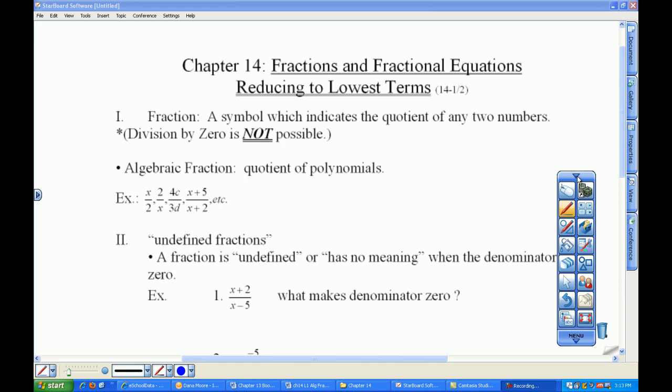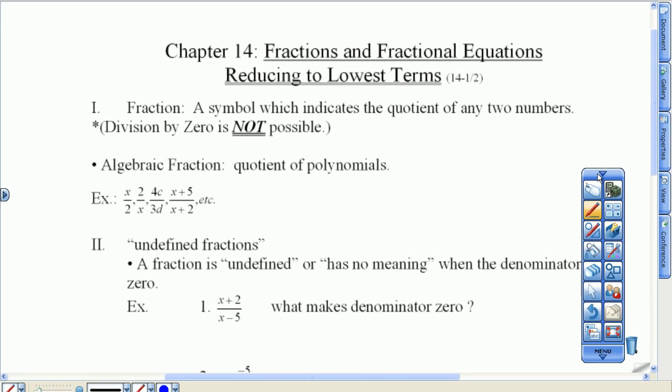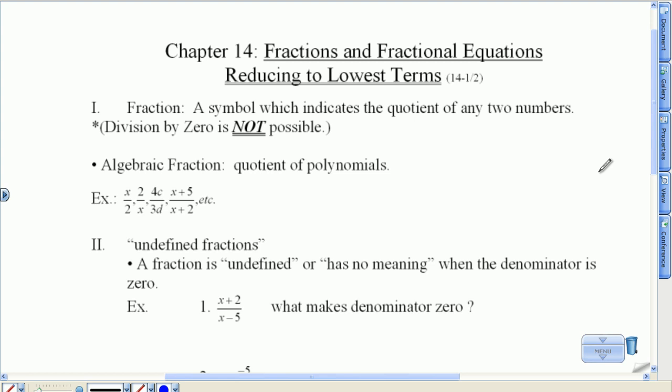Chapter 14 is on algebraic fractions. Adding fractions, subtracting them, multiplying and dividing. There's a lot of factoring in this. We're going to solve equations that have fractions in it. It's all about fractions. So, to get started, today's lesson is going to deal primarily with reducing fractions to